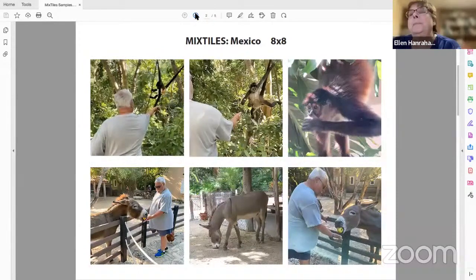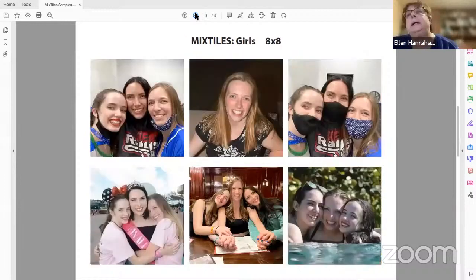This is a friend of ours who loves to feed donkeys and monkeys when he's in Mexico. So he got 6 tiles. The next one would be